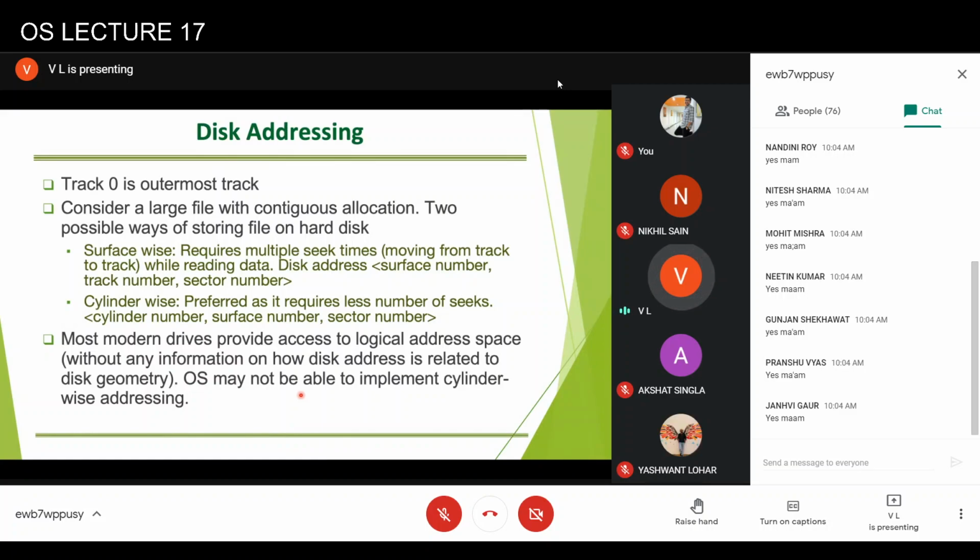But this was an older way of disk addressing, because in most modern systems, the interface provided by the disk controller to the operating system is: read this sector or write to this sector. Where this sector is actually located on the hard disk is not known to the operating system. And why is it done like that? If you write too many times to a particular area of the hard disk,